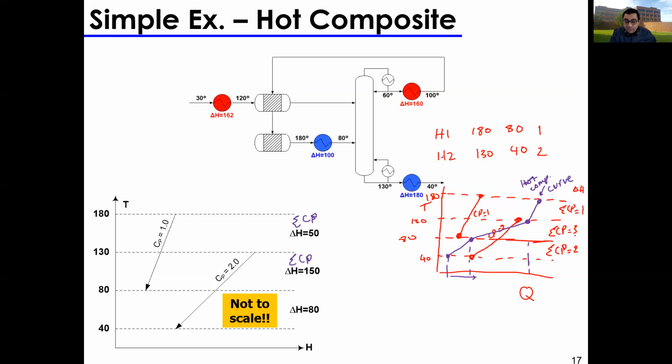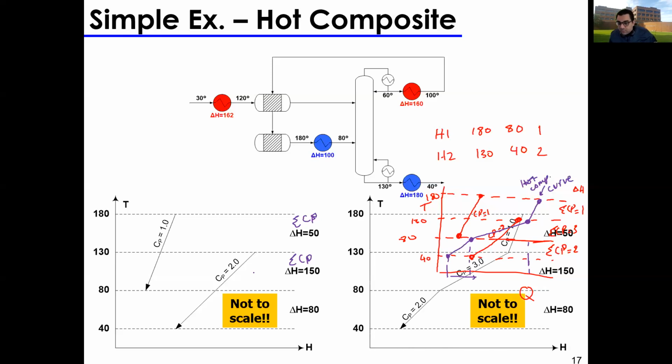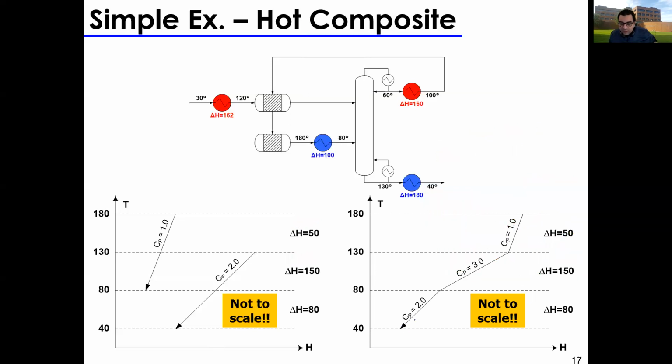Whichever works. So basically what happens after I do this, I'm going to combine all of these. I'm going to combine these two lines this way. So I combine these two lines in this manner right here. Let me erase. And when I combine them, I look at each interval, I look at the slope, so maybe I look at delta H, whatever it is, and I combine them in this manner. So I start from here. And again, this delta H refers to this. So this delta H is equal to 80. This delta H is equal to 150. And this delta H is equal to